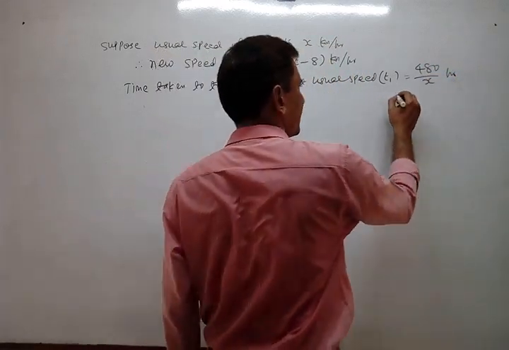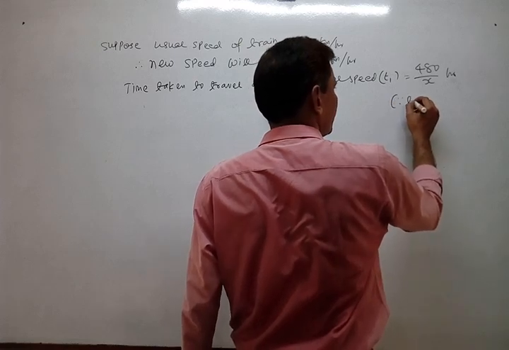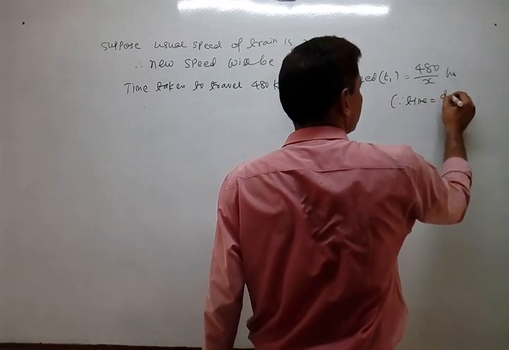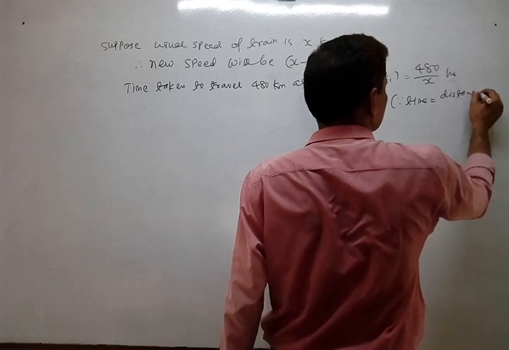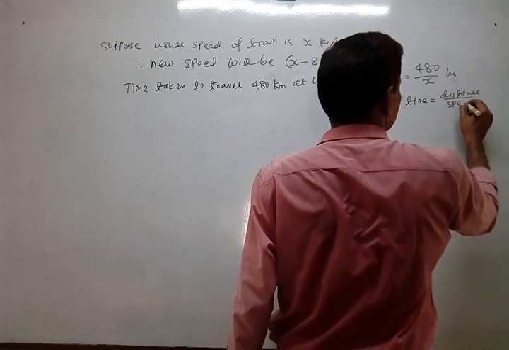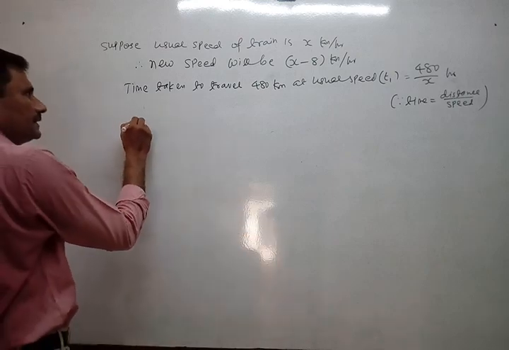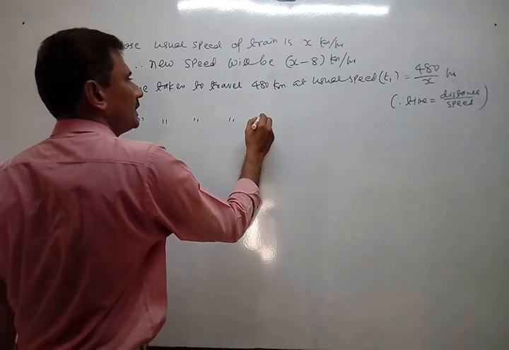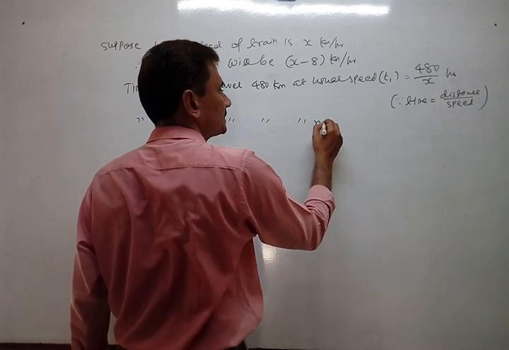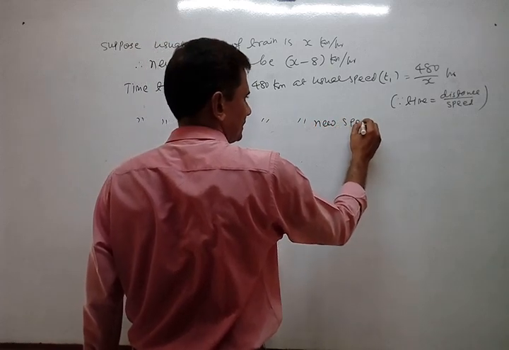And write down here in brackets, time equals distance upon speed. So obviously the new time taken to travel 480 km at the new speed, new speed means decreased speed, let it